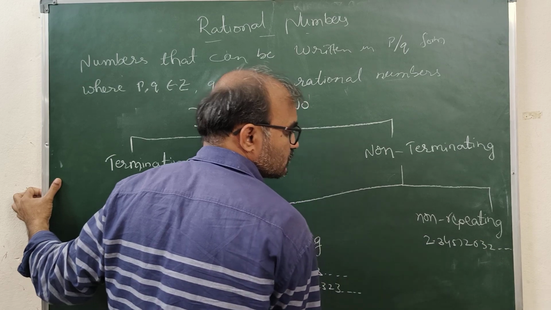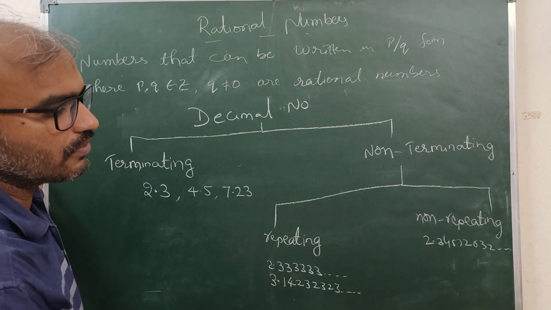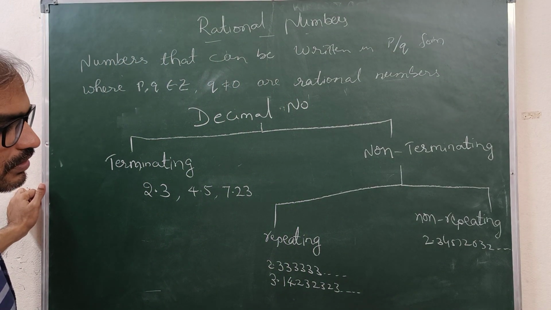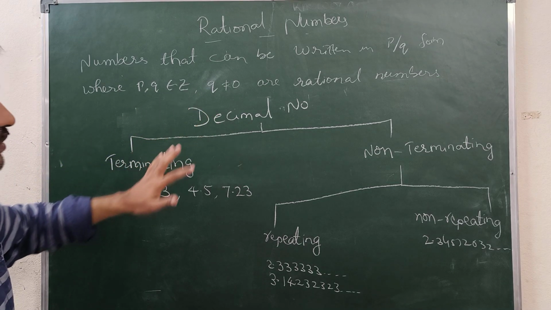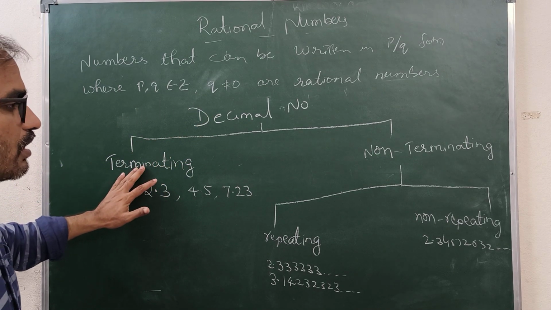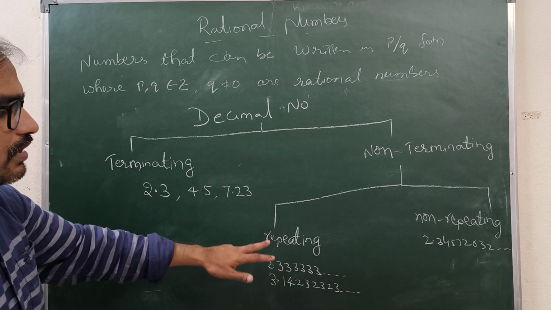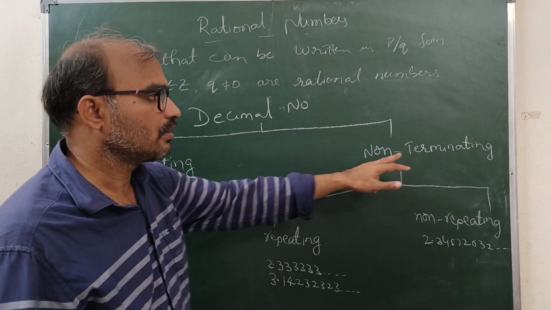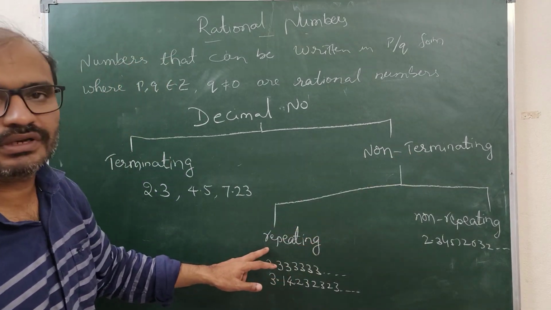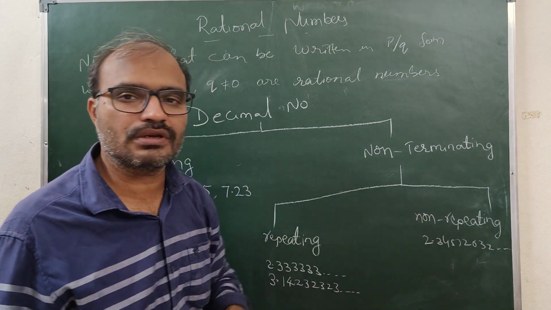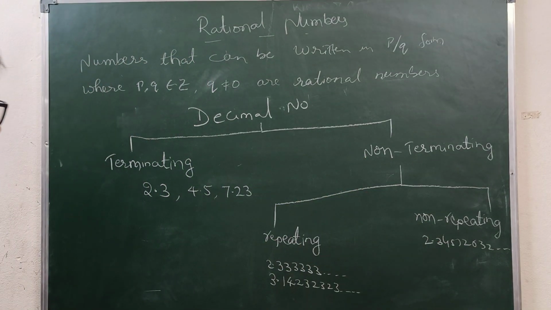2.3457263... So any digit won't repeat, right? In decimal numbers we have mainly terminating and non-terminating. In non-terminating, again there are repeating decimals, and non-terminating, non-repeating decimal numbers. So you know already,